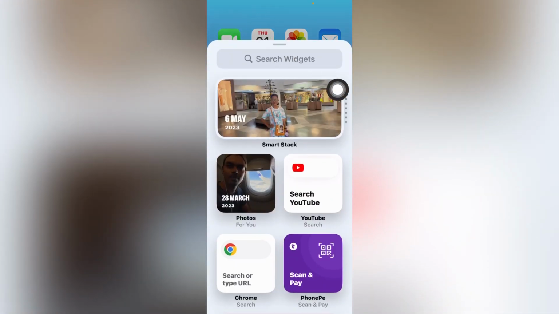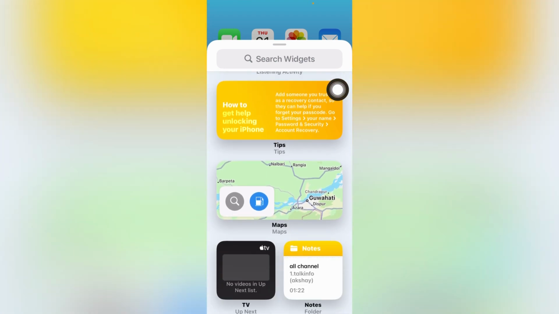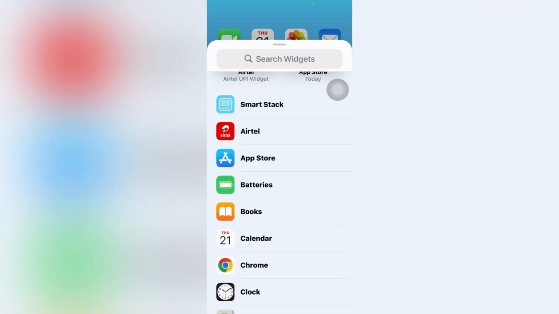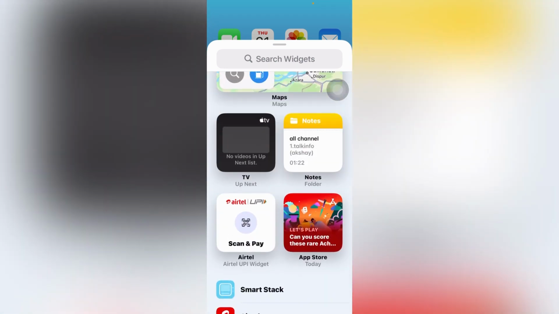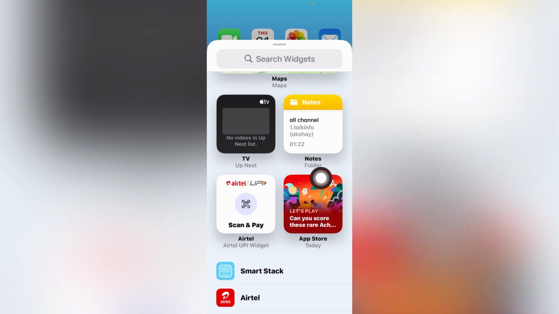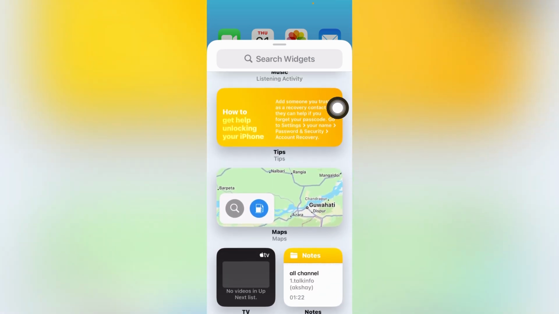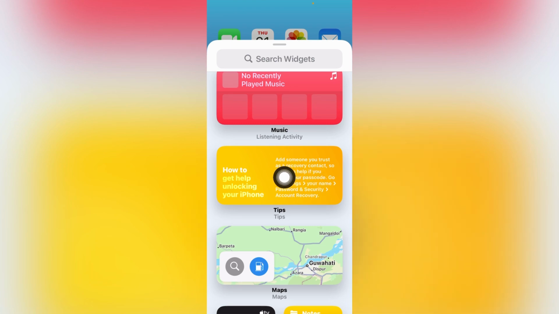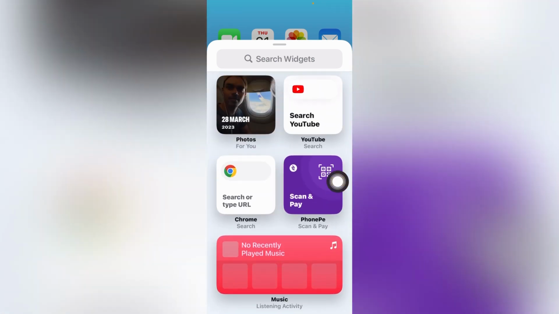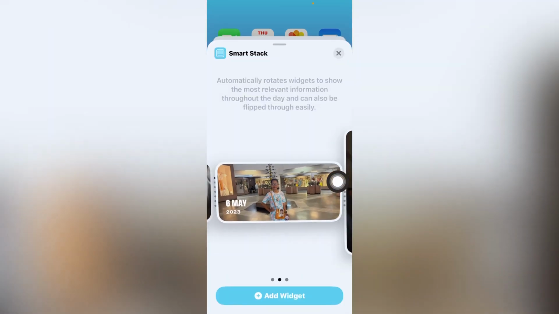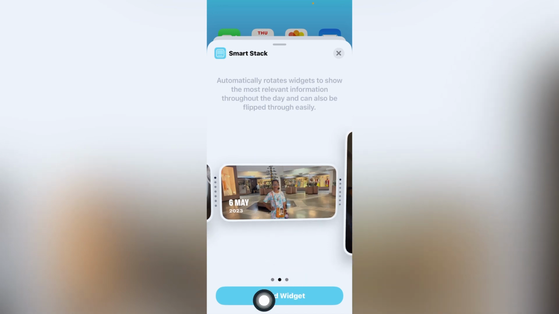When you click on the plus icon, you can add your own photo, you can add everything. You can add apps, you can add this one, Let's Play, Can You Score, you can add notes, and even this one also, Add Someone You Trust. So whichever one you want to add, you can select. Suppose I want to add this one, then after that here is Add Widget, just tap on it,